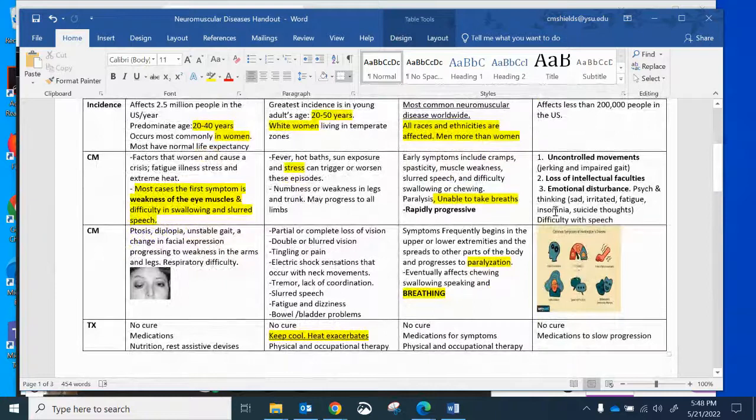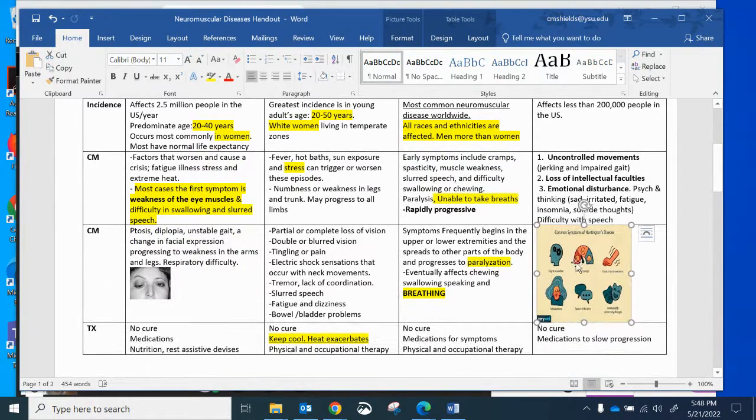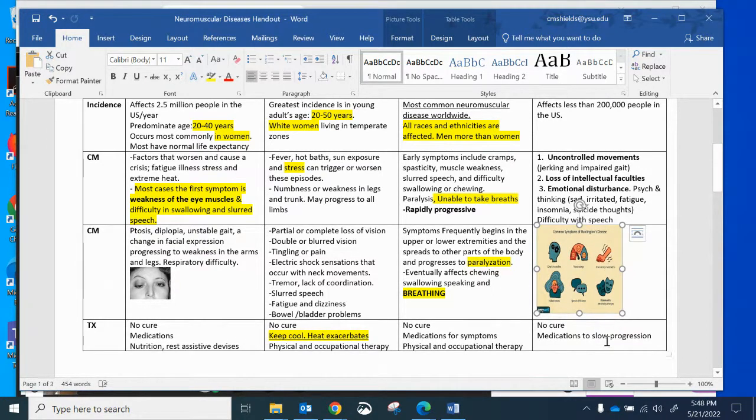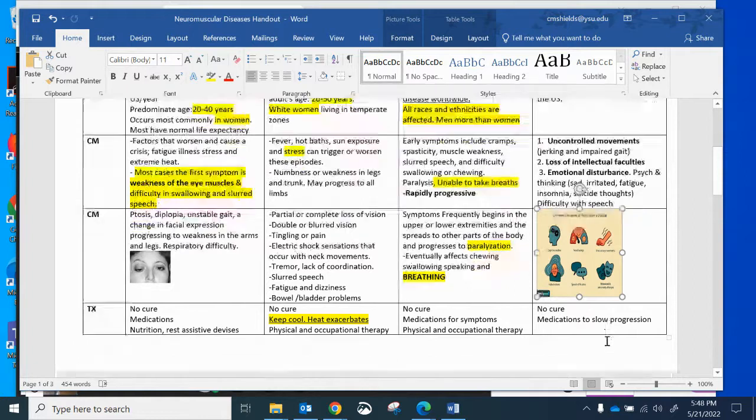Oh, and this is just kind of a picture of this. Sorry, this is a little small, isn't it? Common symptoms, again, the cognitive decline right here, some mood swings, behavioral changes, speech difficulties, involuntary movement. So again, these are just things that occur that fall into all three of these categories right here. No cure, maybe some medication to slow progression.